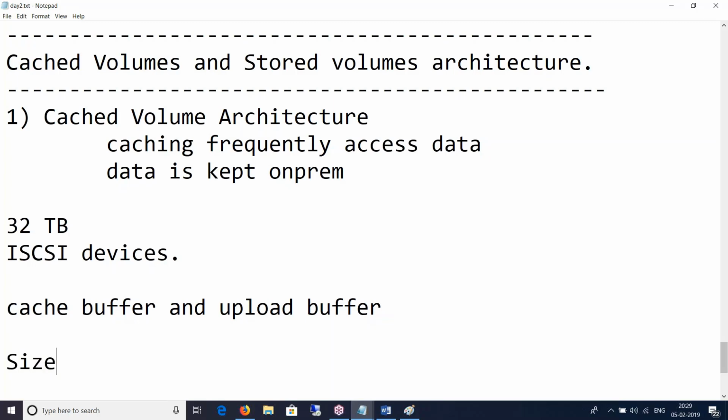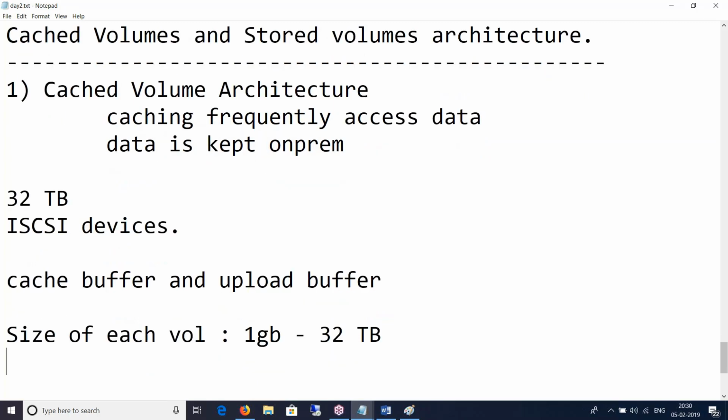There's a size to each of those components as well. Let's specify the sizes. How are these two buffers different from each other? Yeah, we'll get there. The size of each volume can scale between 1 GB to 32 TB.